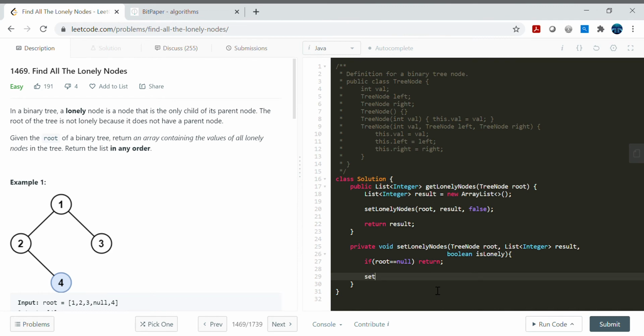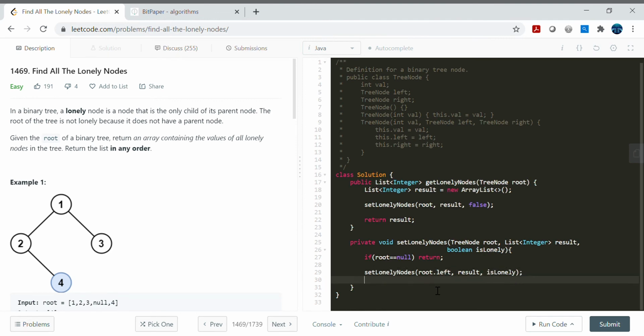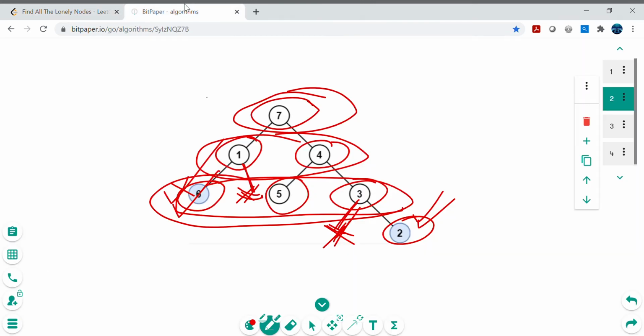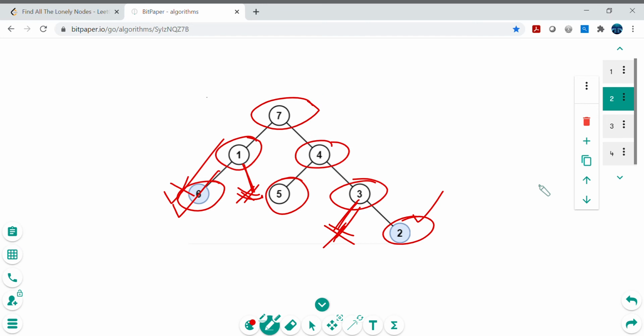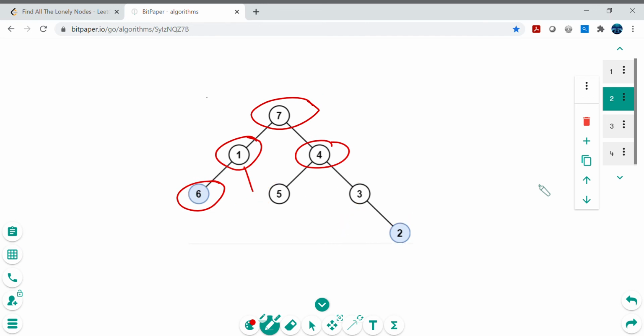Now as I mentioned, in recursive template we just explore all the way, all the left side, root or left result, right, and is lonely, right? Similarly we will just do the right side. So generally in the recursive approach, what we do, we just go through all the left children, and then after going through the left children, coming to the bottom, we just start traversing the right side.